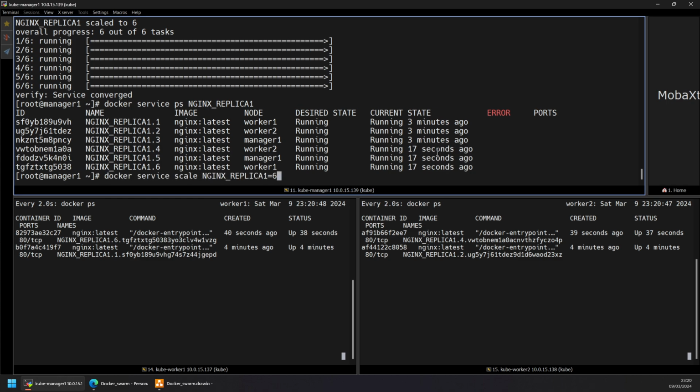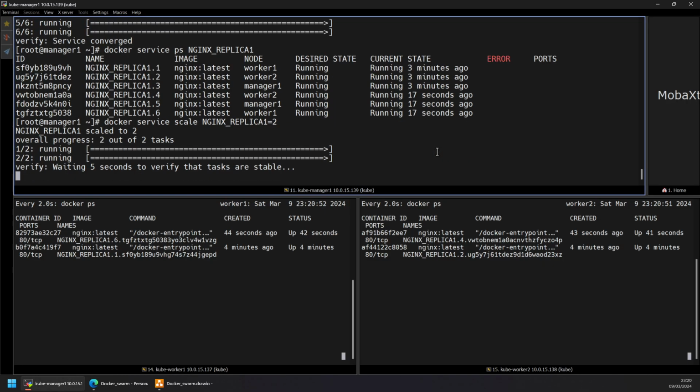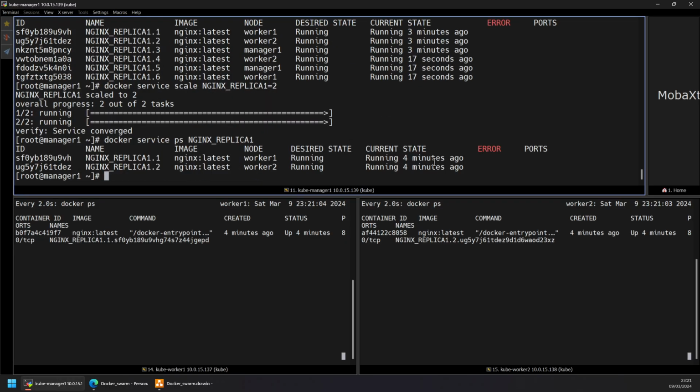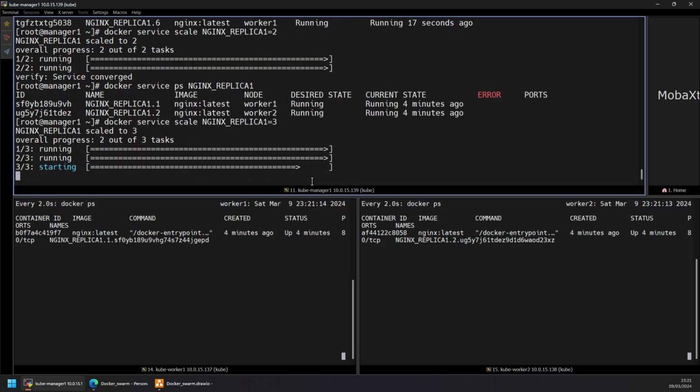Now, scaling up is not the only task. You can also scale down to number 2. So now you can see that it is scaling down to number 2. This will make sure that only 2 instances are running. The rest of the instances will be removed. Now you see that it has not created a newer instance, it is just holding on to the existing instances it has created. So now if I make this replica number 3,